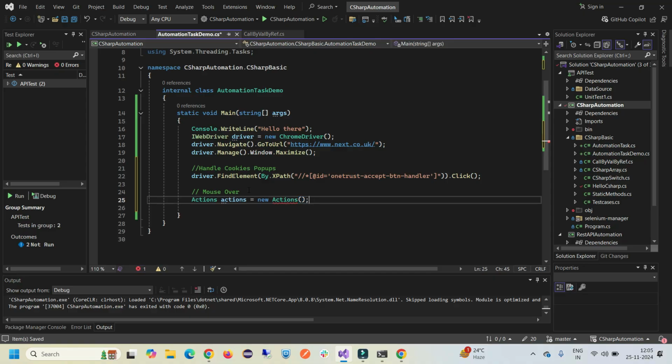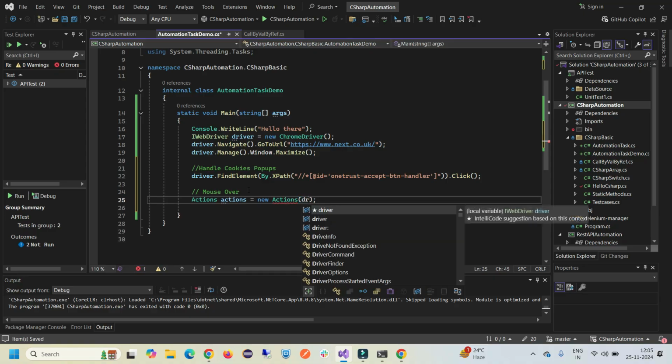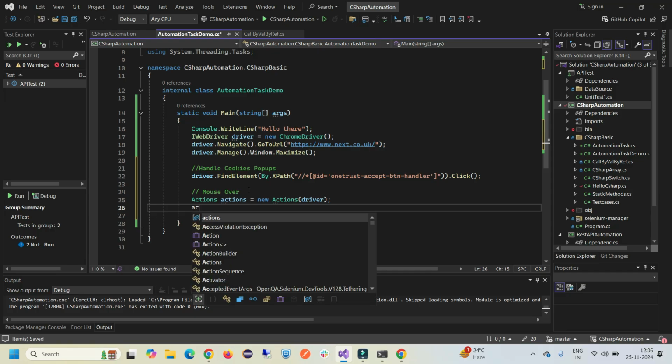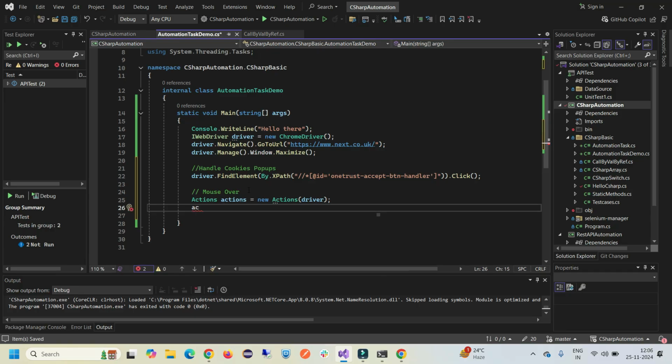Okay, and into this action I have to pass the driver. Then another thing I need to do is click on that location. So the location can be... action dot, I can say move to the element, action dot move to the element, or any particular element we can perform any operation. So we can use move to the element, and here I need to pass